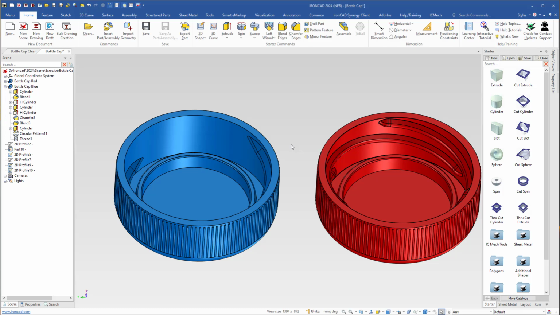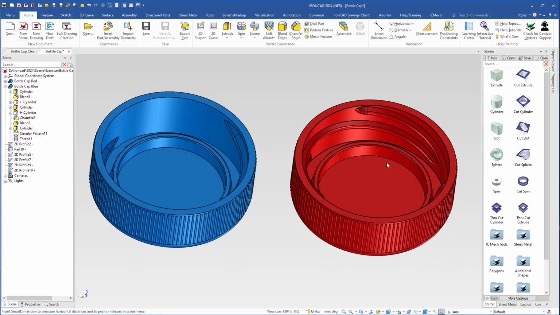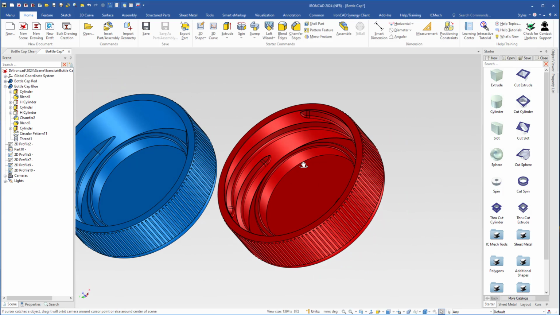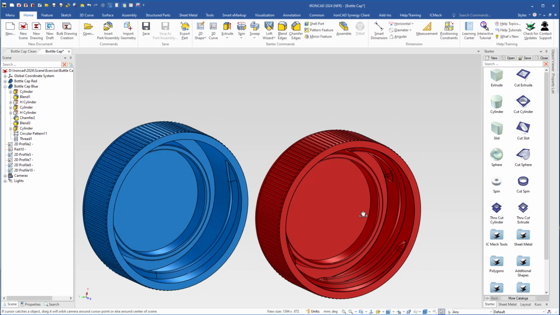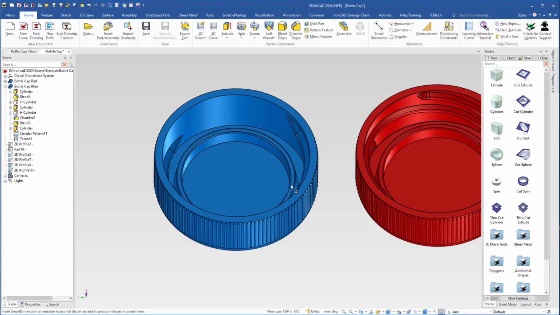I have received a question about how to create threads in a water bottle cap like this one, the red one. We see that there are 3 threads, but they are in different positions. So if you're using the thread feature, like in the blue cap here,